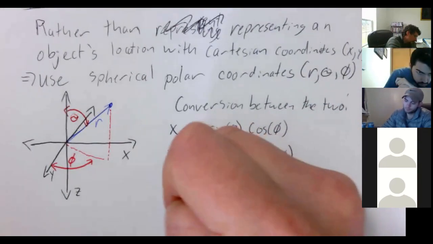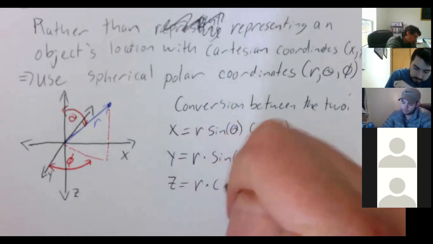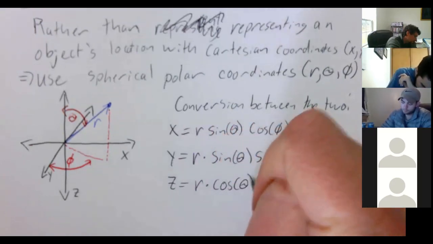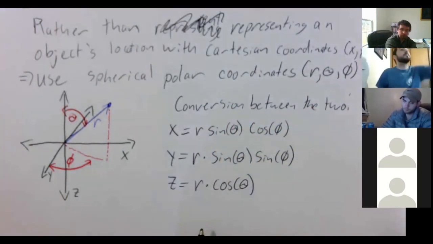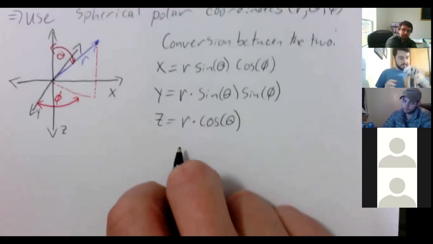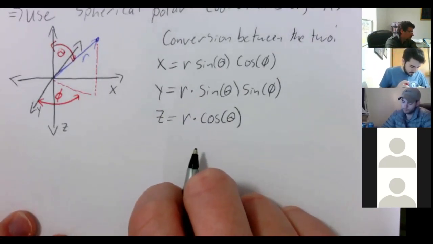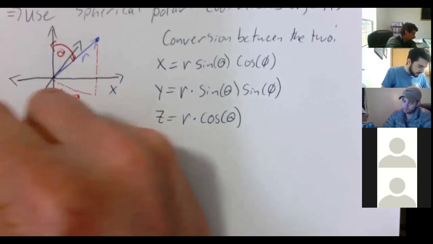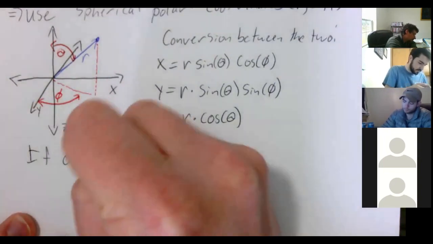And then z is r cosine theta. And now our integration changes. So if one performs an integration,